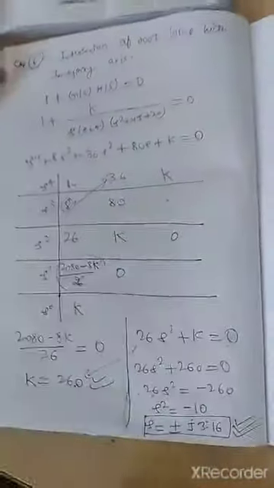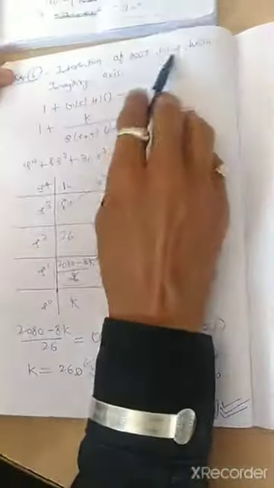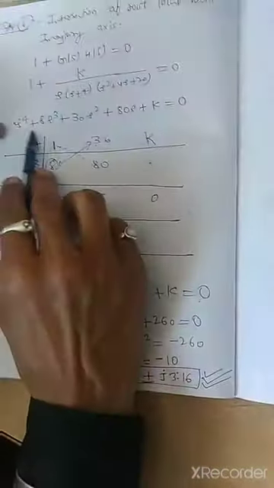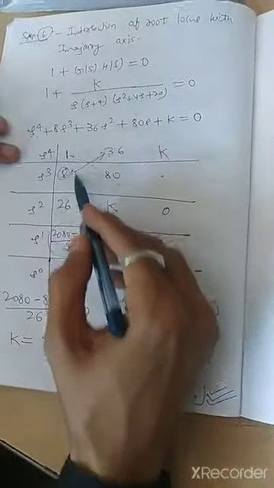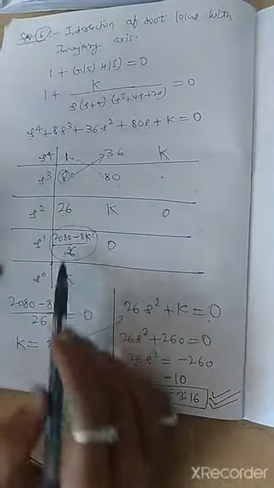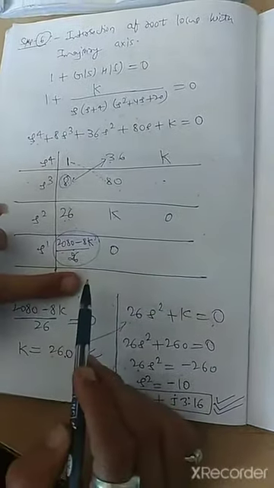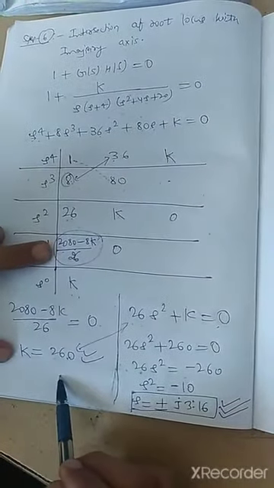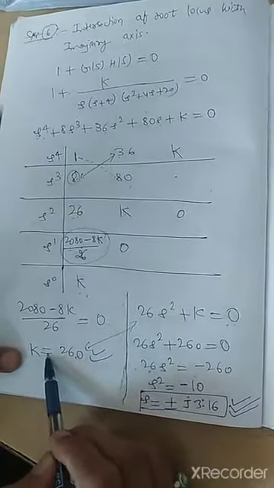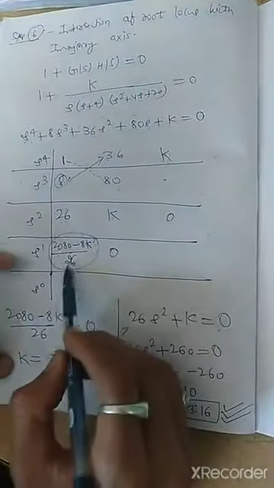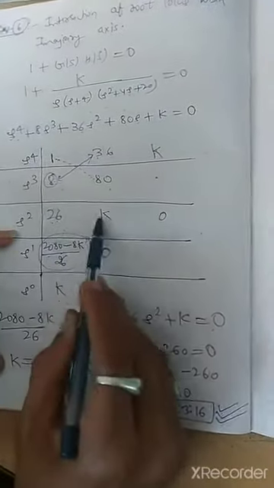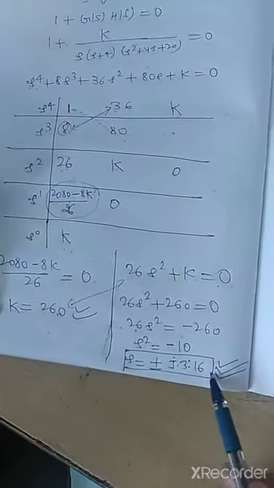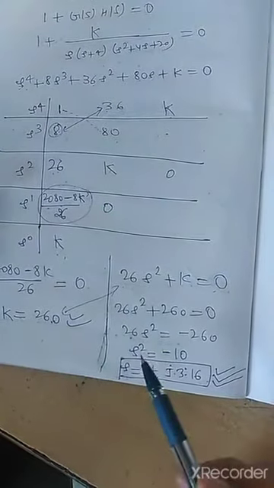So we found out how to find the intersection of the root locus with the imaginary axis. Just put 1 plus G(s)H(s) equal to 0. Whatever equation you find from this, just apply the Routh-Hurwitz criteria. From the Routh-Hurwitz criteria, take the row just above and put it equal to 0 to find the value of k. Now we put this value of k in the auxiliary equation we made from the above step. So 26s square plus k equal to 0. Now we put the k value here and find the s value, that is j 3.16. So this is the point on the imaginary axis where the root locus will cut.